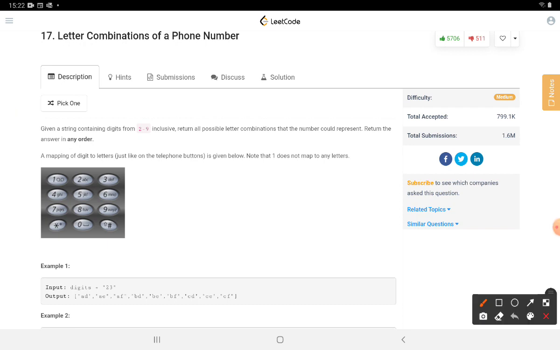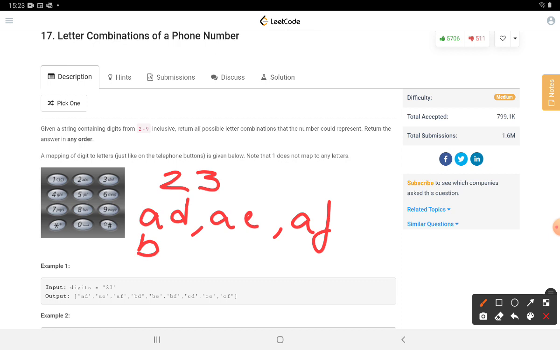So for example, if we are given with input digits 2, 3, then in that case, if you see in this phone dial pad, 2 could represent A, B or C, and 3 could represent D, E or F. So our possible letter combinations would be something like AD, AE, AF, similarly BD, BE, BF, and similarly CD, CE, CF.